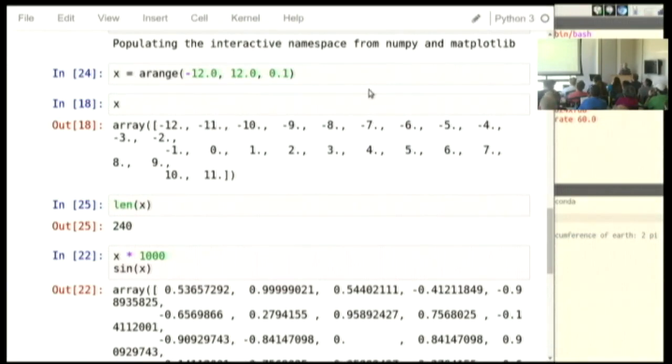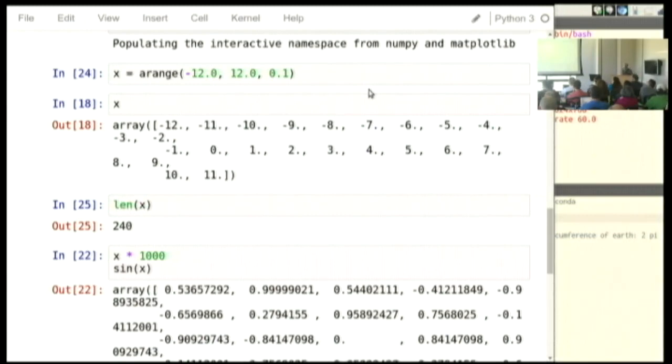Because the notebook is so freeform, I can jump back and edit and rerun a cell. Then I can jump forward and rerun another one. Note that the outputs here are not the outputs you would get if you just ran this notebook top to bottom. For example, the input number 18, when I entered x and hit Shift-Enter, was run back when x was that first arange I did with the step size of 1. -12, -11, -10. That is not what x looks like right now, right?